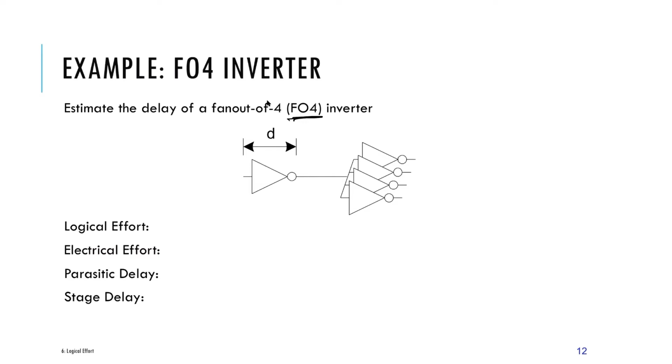And I remember the parasitic delay P for an inverter is 1. So the total stage delay is G times H plus P. So that's 1 times 4 plus 1, or 5. Okay, so the absolute delay of a process for this